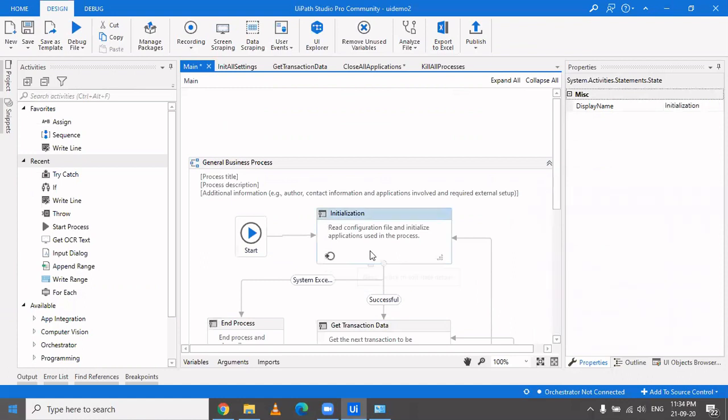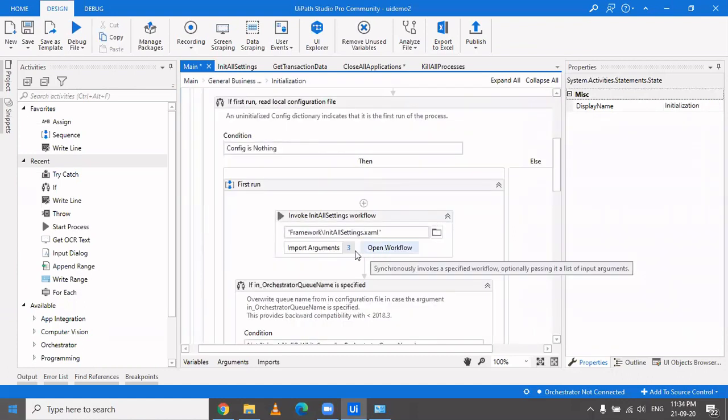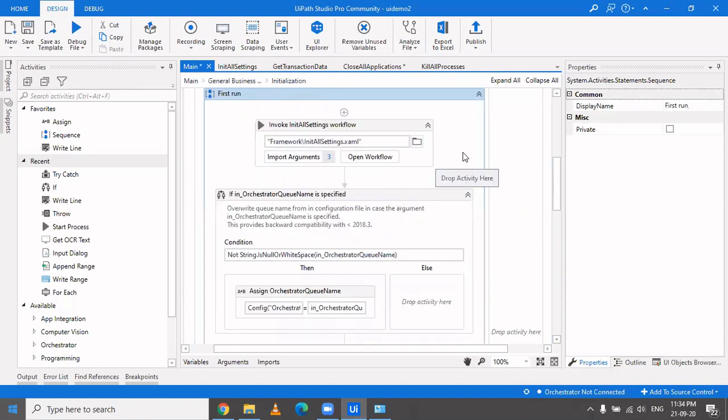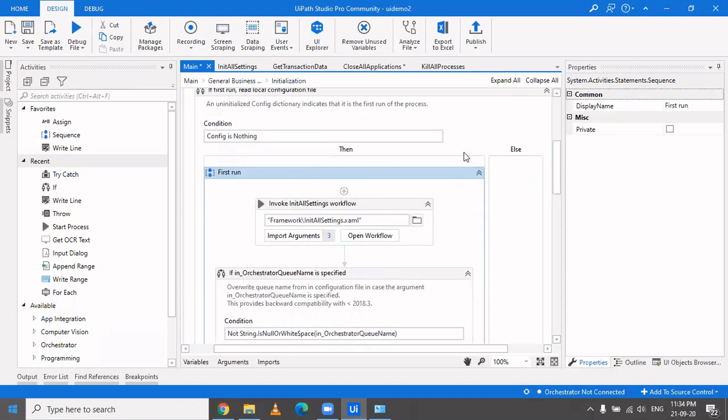Okay, fine. So coming forward, we read in the configuration file. That is the backbone of everything, wherein you store everything, because it's a best practice that you don't hard code anything in your process. Instead, you store it in config and read it from there. If config is nothing, then you read the process. Why have we done this?